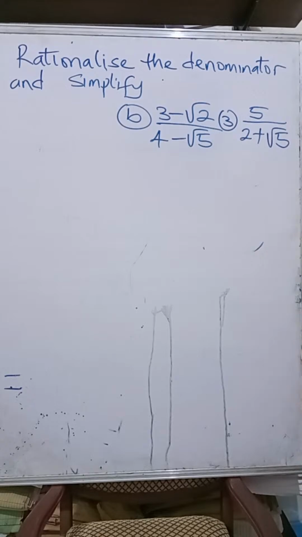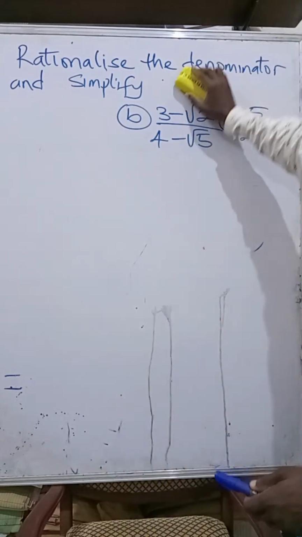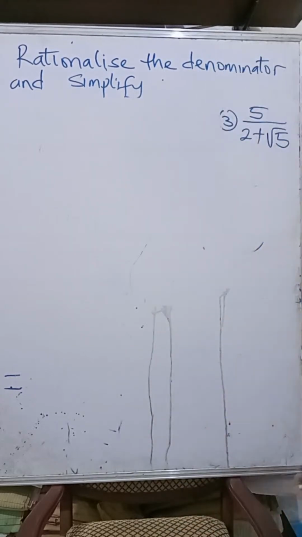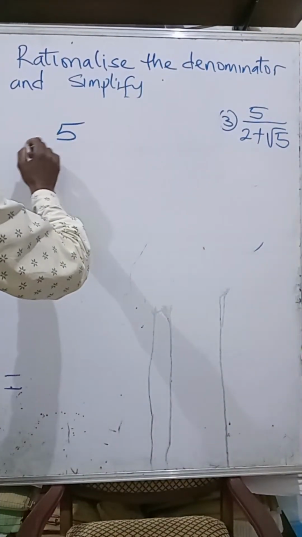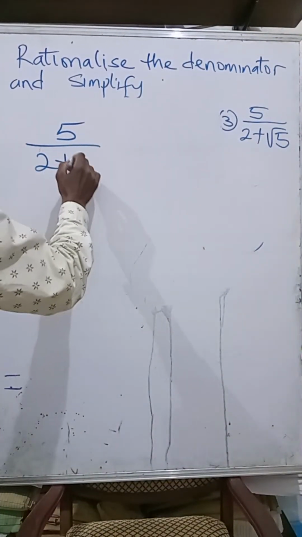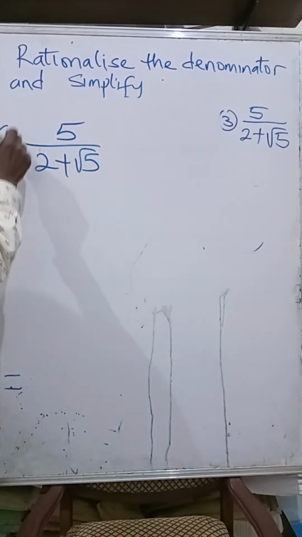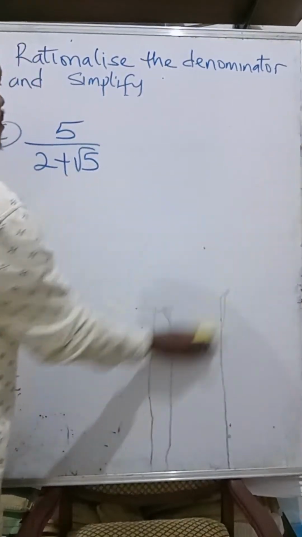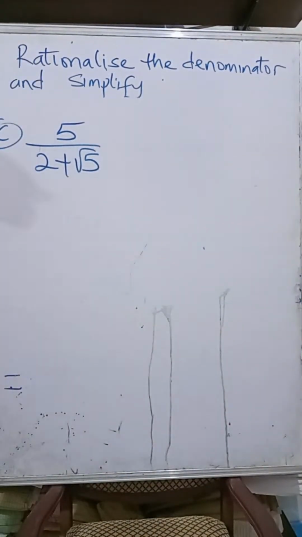Okay. The third one. Let's see the third one, the C part. We have 5 over 2 plus root 5. That's the C part. That's what we have. Okay. So if you look at this one,